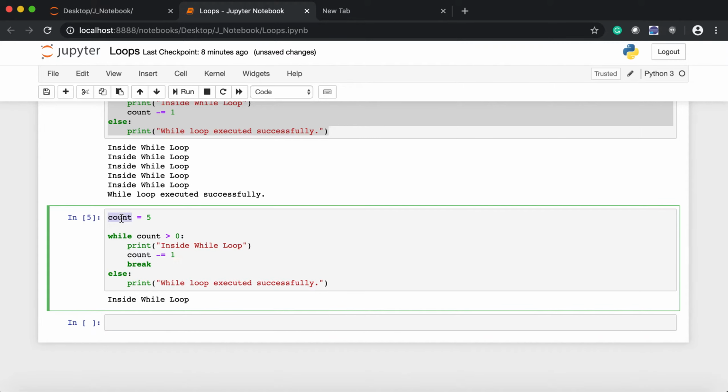It comes to here and assigns the value 5 to the count. Here it checks this condition. Okay, this expression is true. It comes inside, prints this value, reduces one from the count, and now it gets the break. So basically what break does, it